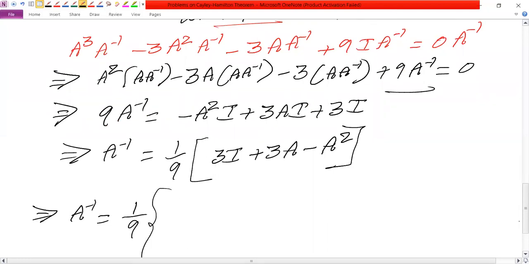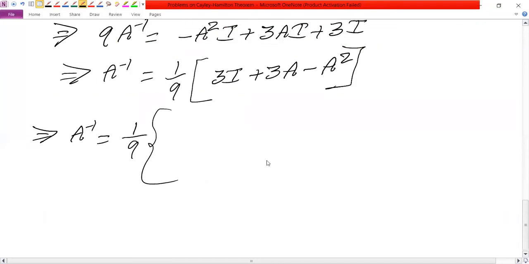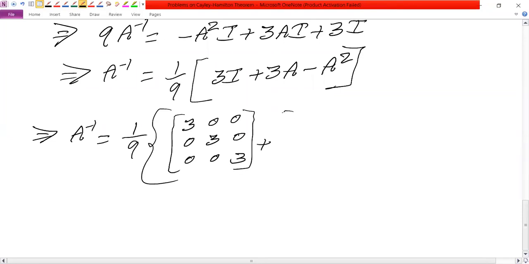3I. What is the 3I matrix we will get? First matrix I am writing here: 3 0 0, 0 3 0, 0 0 3, plus 3A. 3 into A matrix. How to do 3 into A matrix? Use your scientific calculator. So 3 into option mat A, we are getting here 3